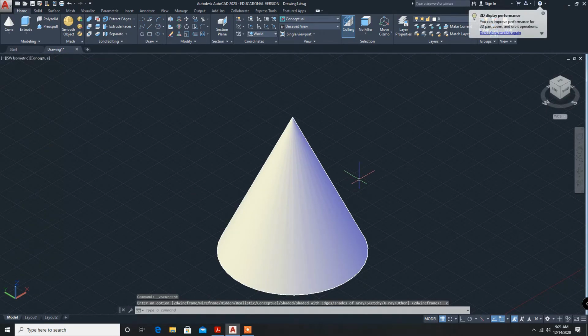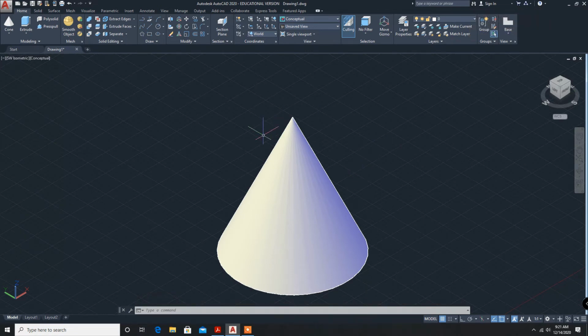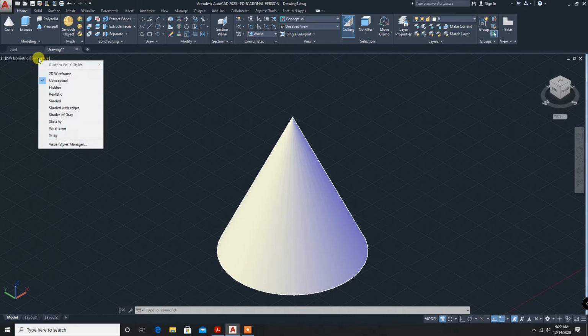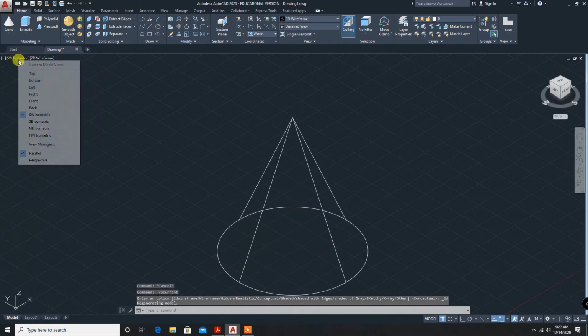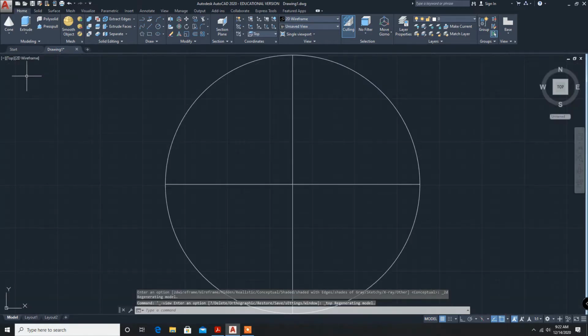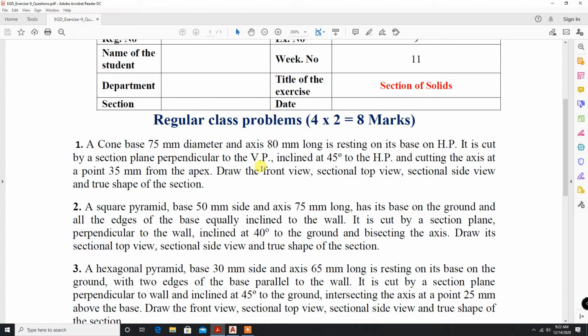So here, section of solids: first is how we have to create the solid, and the next parameter is we have to section the solid. Creating the solid we learned in exercise number 5. So now two more additional steps to exercise number 5 is sectioning the solid. Here again we will go for wireframe modeling. This was the previous case. Now back to the question.